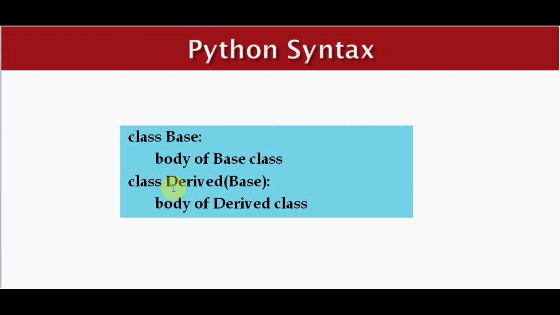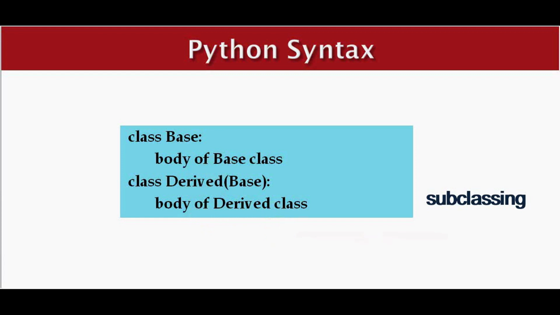Now let's see how this inheritance can be achieved in Python. I have already mentioned how to create a class and object in my previous video. I have given the link in the description. Now we are going to inherit this base class using this syntax: class, the derived class name, within parentheses the base class, and whatever you want to put inside the derived class is written here. Features of base class are accessible to the derived class, and we can also define some new feature in the derived class. So this is called as subclassing.